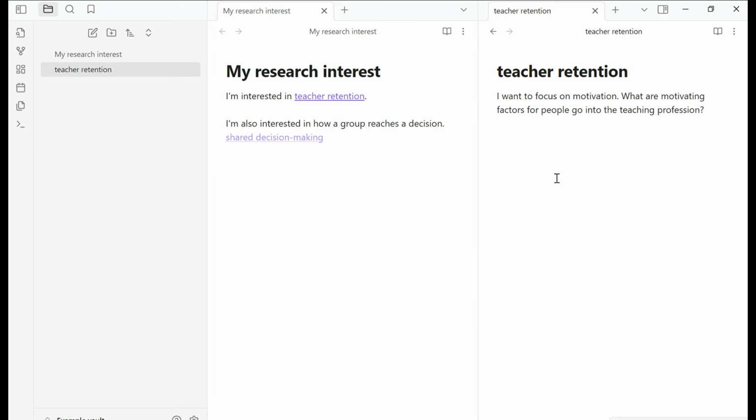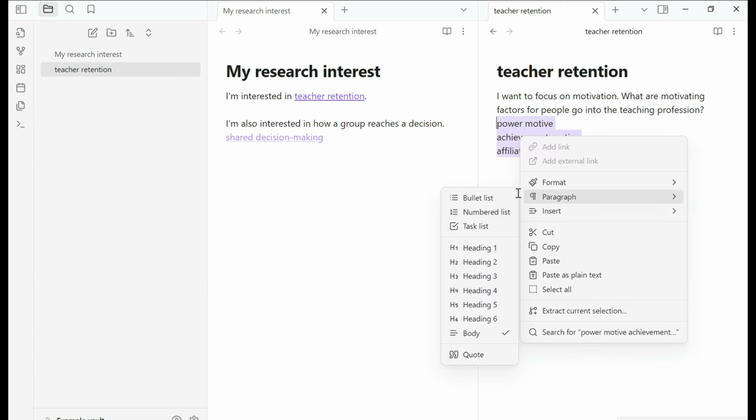These are my notes. As I'm thinking about this, it reminds me of the literature about motivation. Humans have three innate motives. We have power motive, achievement motive, and affiliation motive. We have these three motives. I want to make a list. You can use dash, space, or another way to do it,